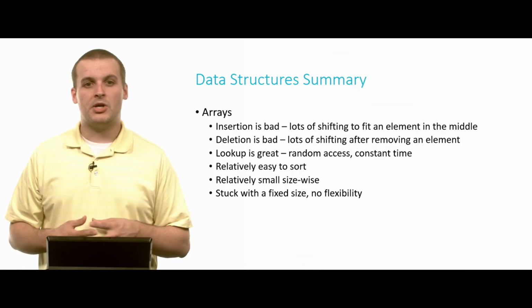You don't necessarily always need to use the super fast insertion, deletion, and lookup of a trie if you really don't care about inserting and deleting too much. If you need to just quickly random access, maybe an array is better. So let's distill that, right? Let's talk about each of the four major kinds of data structures that we've talked about and just see when they might be good and when they might not be so good. So we'll start with arrays.